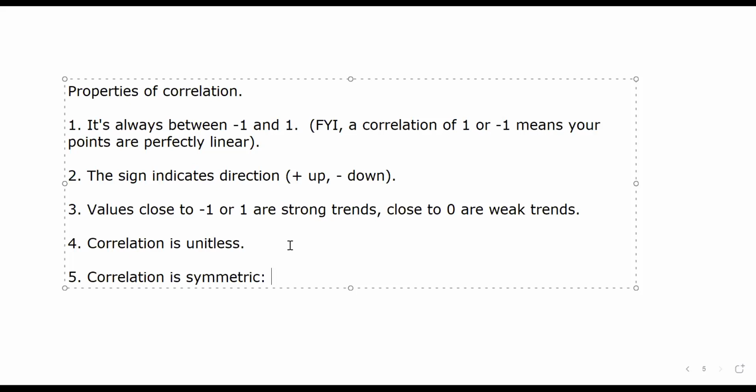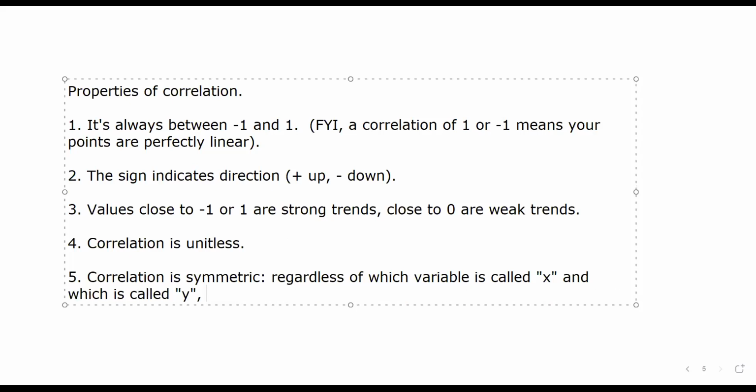Correlation is symmetric means regardless of which variable is called X and which is called Y, the value of the correlation will stay the same. So it doesn't matter what you call X or Y. And really the better thing to say is it doesn't matter what you call the explanatory variable and the response variable,